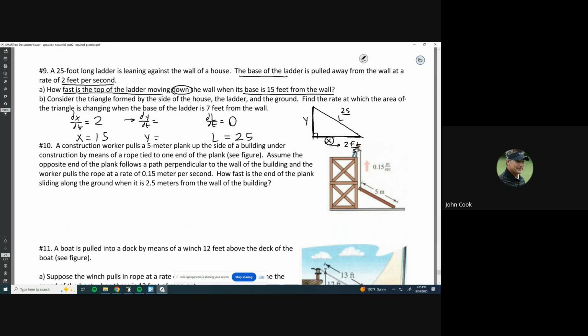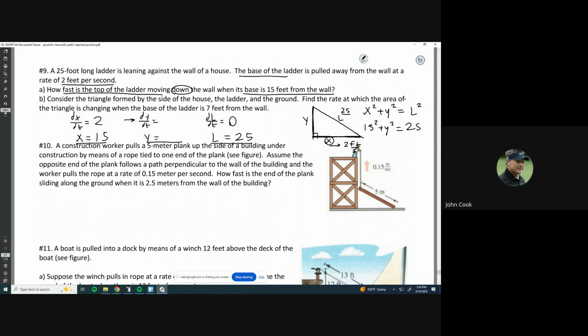So if you go back over to the diagram, you see it's a right triangle. And x and y and L are related in the following way. x squared plus y squared is equal to L squared because of the Pythagorean theorem, right? So this will help us to relate any x, y, and L together. And since we have a specific x and a specific L, we can find a specific y value that relates it. So if I use Pythagorean theorem, 15 squared plus y squared is going to give us L squared,